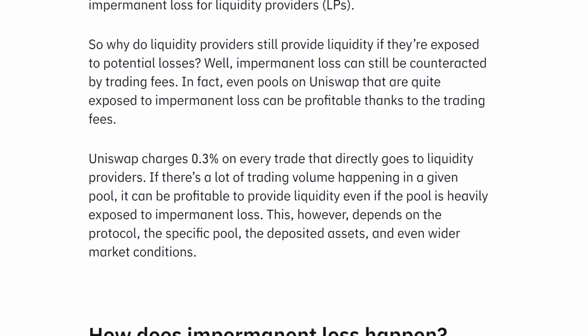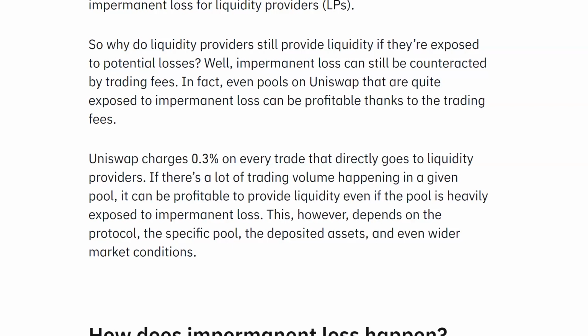So why do liquidity providers still provide liquidity if they're exposed to potential loss? Well, impermanent loss can still be counteracted by trading fees. In fact, even pools on Uniswap that are quite exposed to impermanent loss can be profitable thanks to the trading fees.